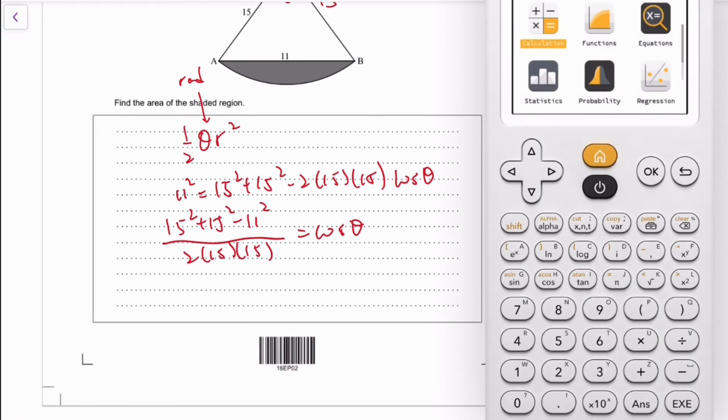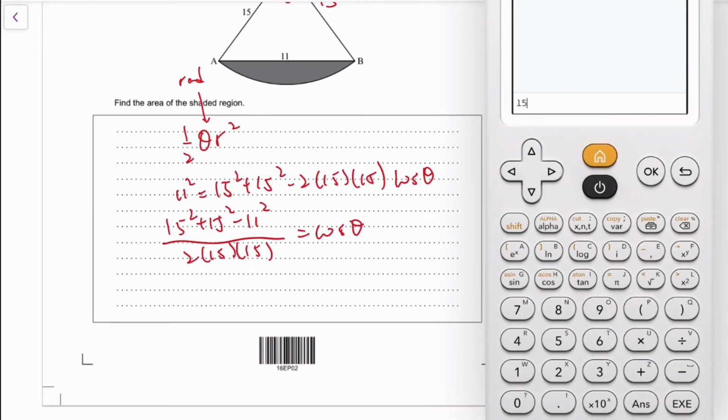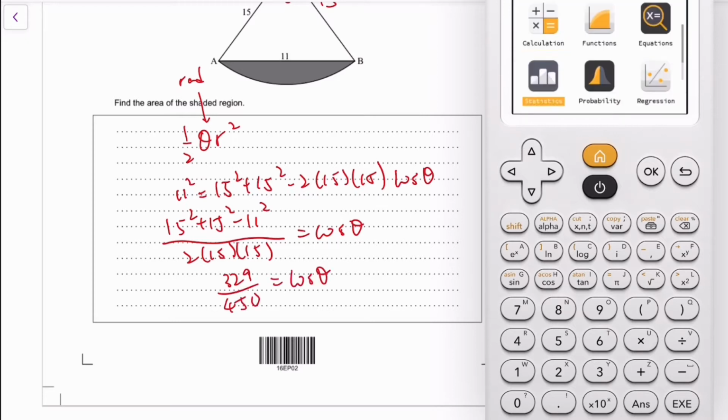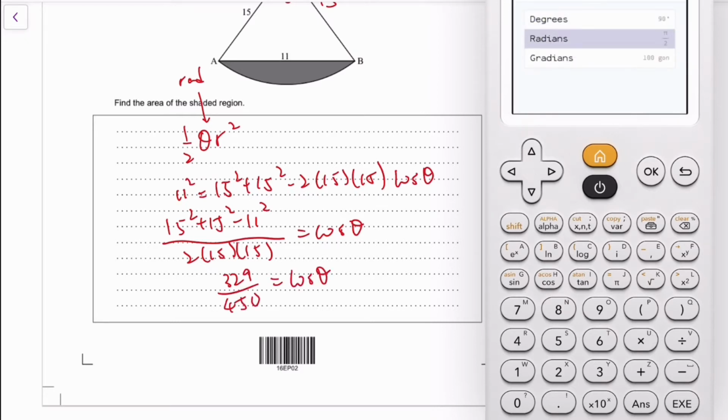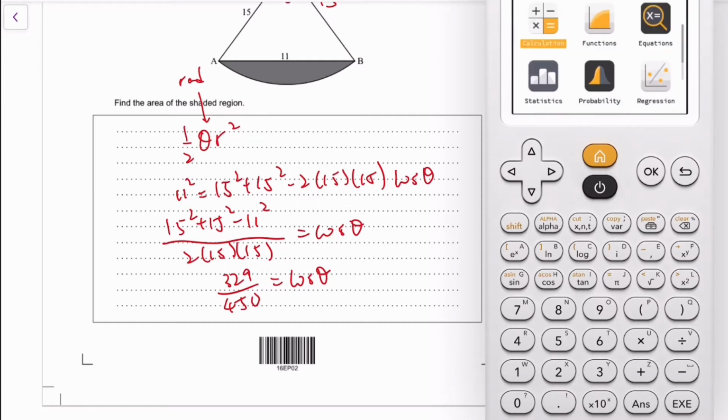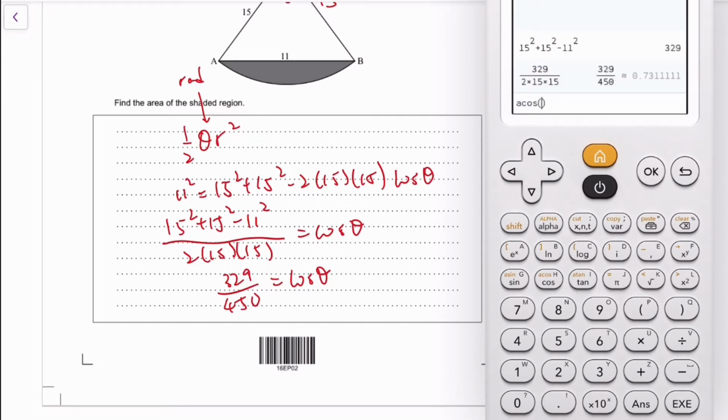Use your own GDC of choice, like this one. Obviously, typing is quite time consuming, and there's really no reason for you guys to be watching me type. So if you like, just skip that. My thing is in degree. I need to change it to radian. Okay, let me write down one of these first. So change to radian. Go back to calculation again, and then shift cos answer. Okay, I got the angle to be